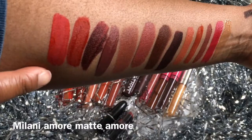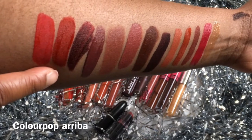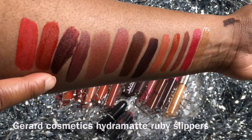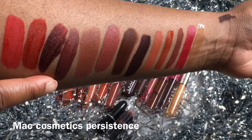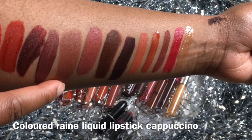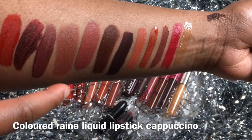We have the Milani Amore Matte in the shade Amore, Colourpop Matte in Ariba, Gerard Cosmetics Hydra Matte in Ruby Slippers, NYX Cosmetics Liquid Suede in Vintage. Then we have the MAC Cosmetics lipstick in Persistence, the Colored Raine liquid lipstick in Cappuccino,